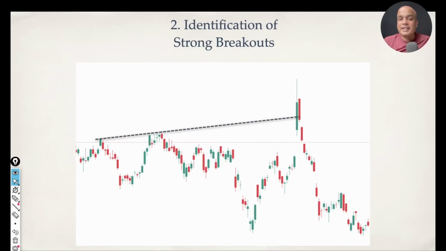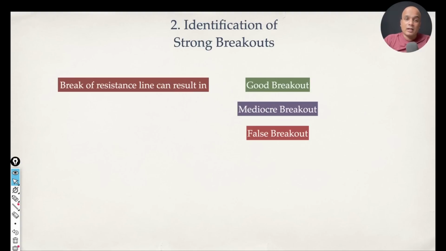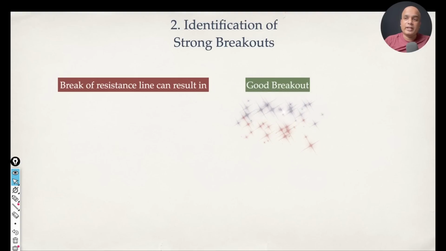See, in this case, the trend line connected only 2 peaks. It is a weak trend line. So this is a false breakout. A false breakout happens whenever there is a big selling wick on the breakout candle. In this case, it is a false breakout, right? To get success in pullback trading, you need to get rid of mediocre breakouts and false breakouts. You should try to locate, identify, and trade only good breakouts.